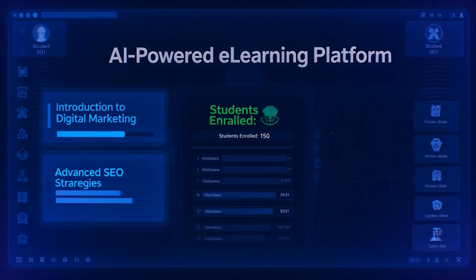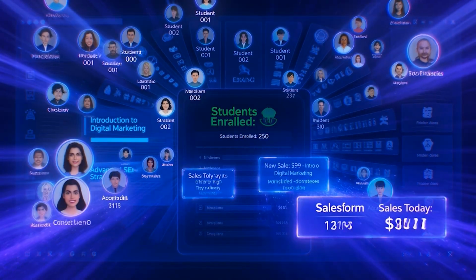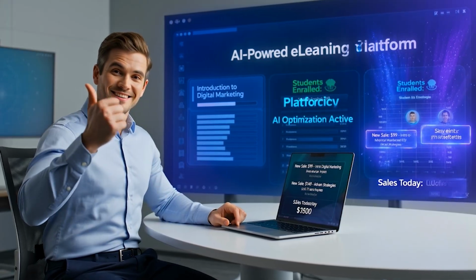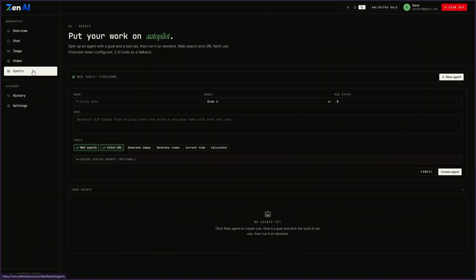AI automatically creates a complete online course platform. Students enroll instantly and sales notifications increase in real time. Your e-learning business launched. Then the agents, useful for making an autopilot system for your business like running multiple AI